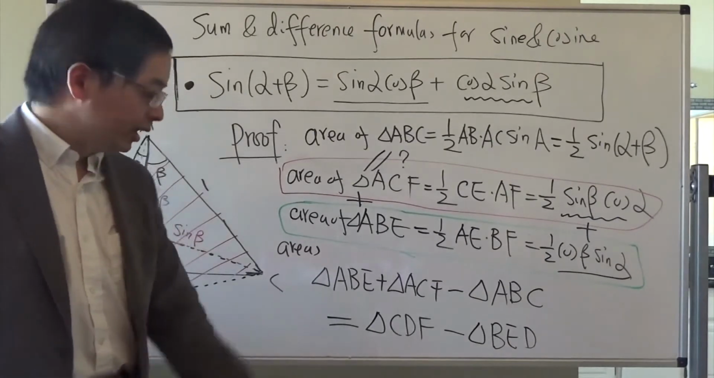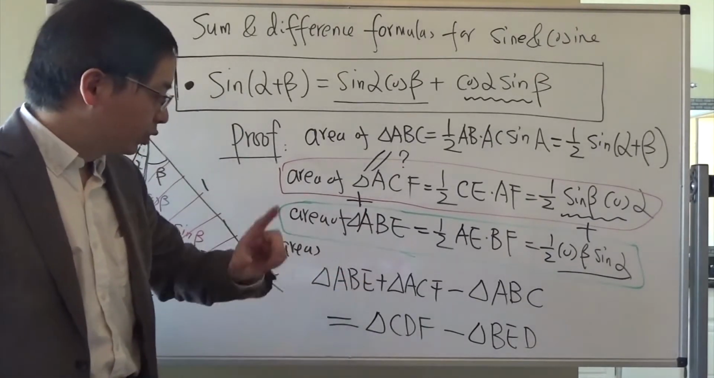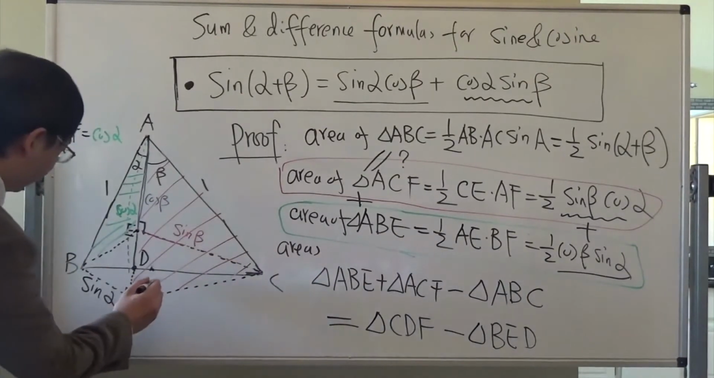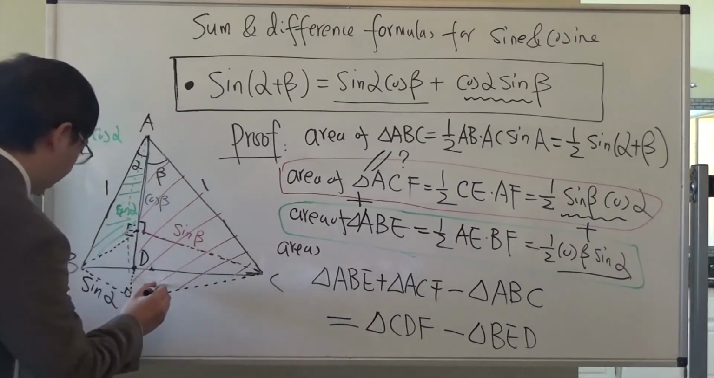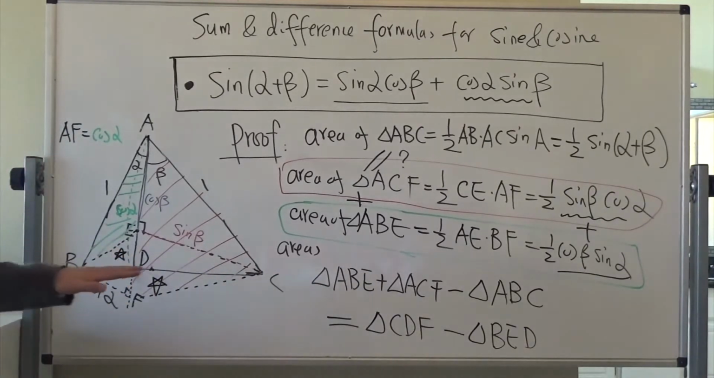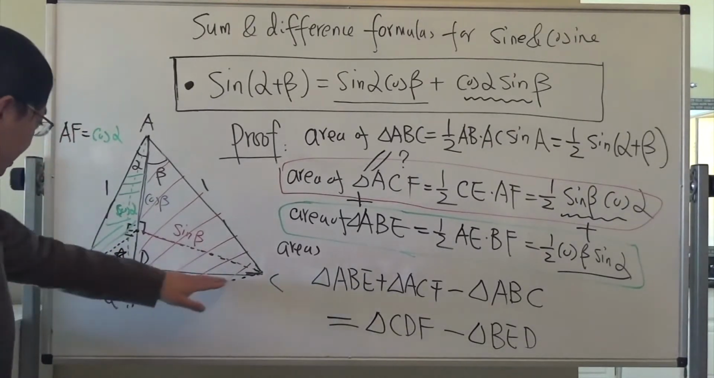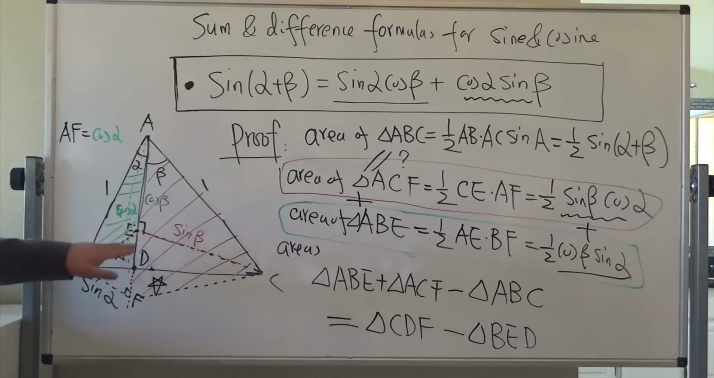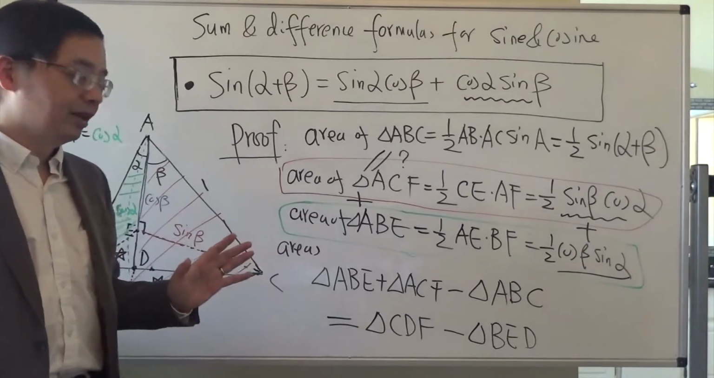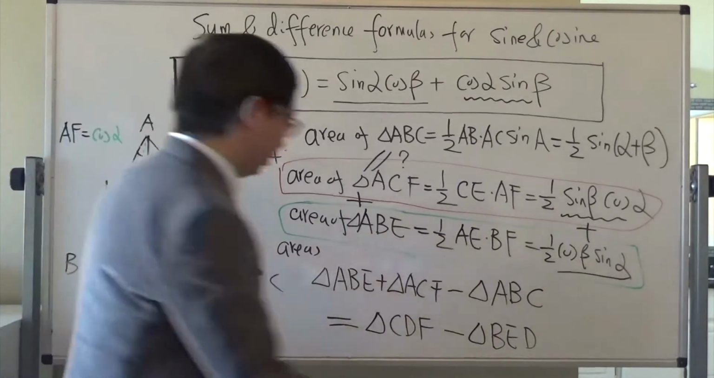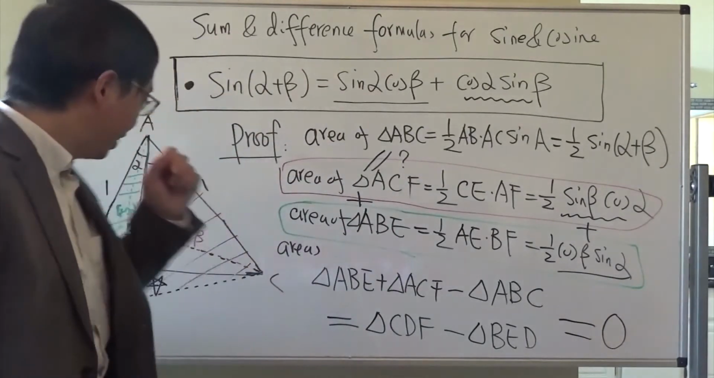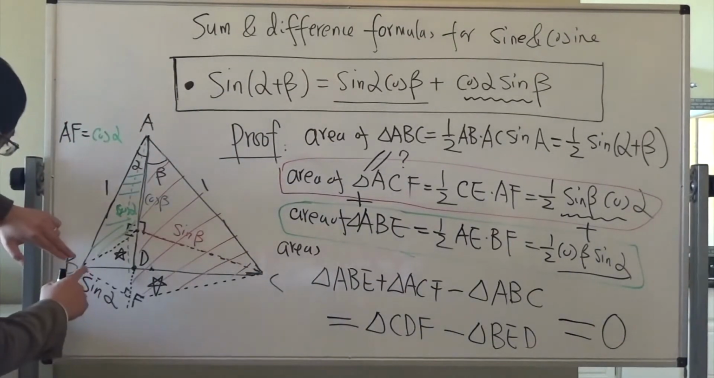Accordingly, it eventually boils down to the question: if you look at the two triangles, if I mark triangle 1 and triangle 2, CDF and BED, do they have the same areas? The answer is yes. This difference is indeed 0. Now, why is that? Let's look at